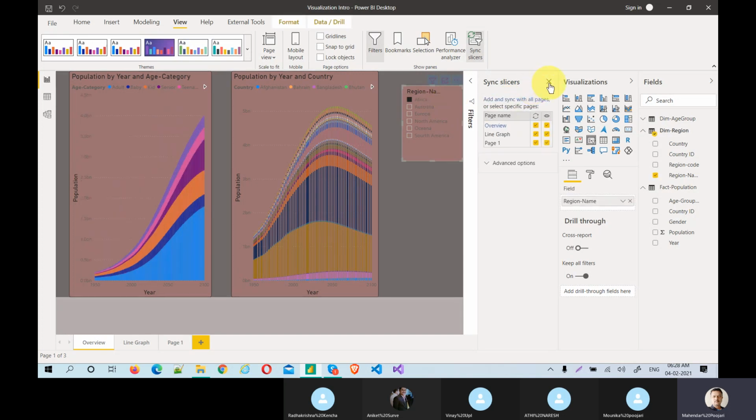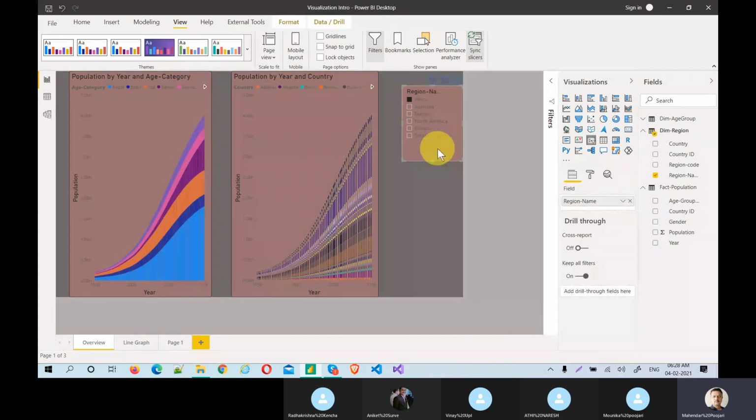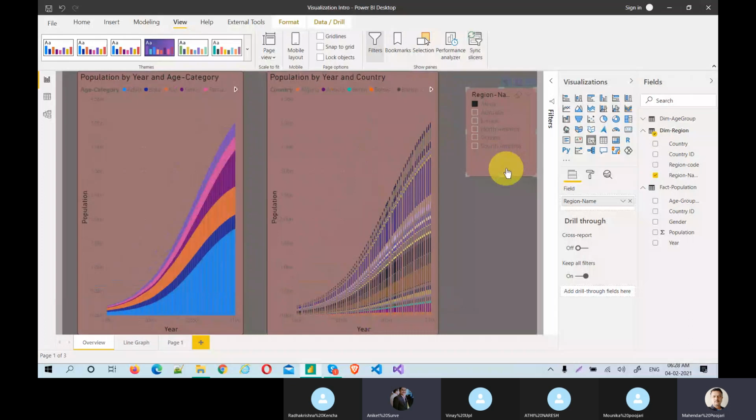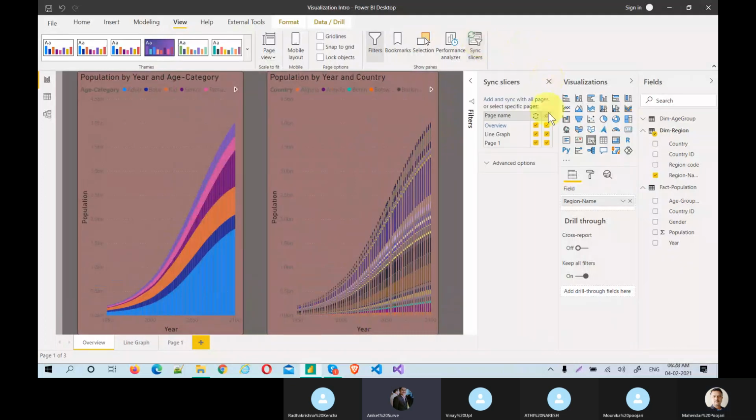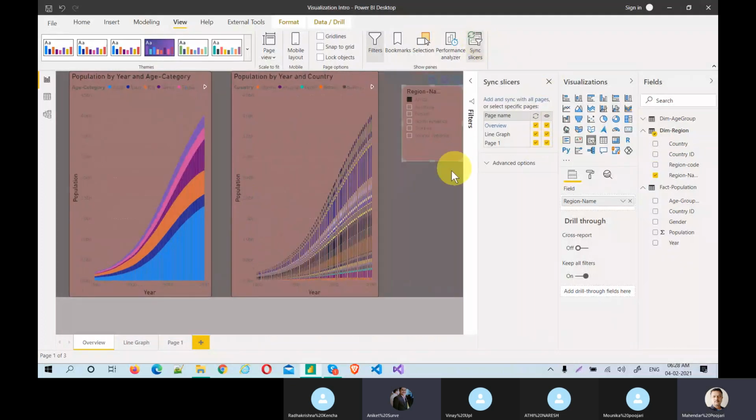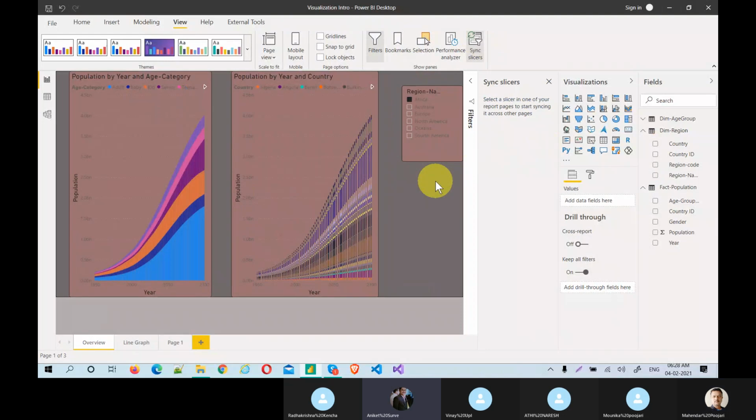At any point of time you can take it out. One thing here, sorry to cut you again: in which cases will this be used, because region being the global filter in every report, once it is selected on one page it should be selected across the pages, since the data is sliced on that particular region. What will be the scenario here? Can you please explain? Let's say I'm a business user.